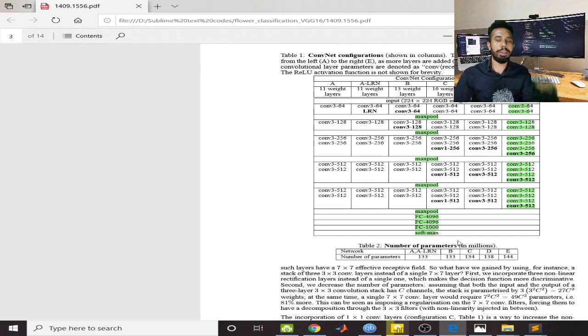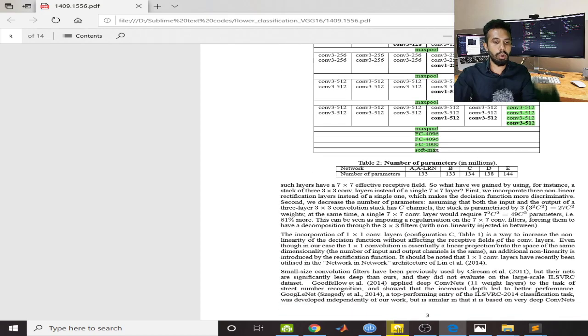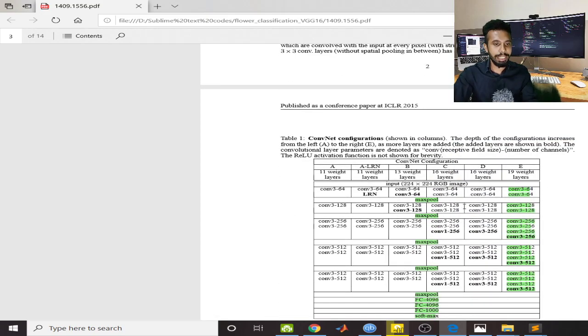And then they have used fully connected layers, that is dense layers of 4096, and again a similar fully connected layer. And in the final, for 1000 classes of images, they have used 1000 neurons. So these are the main skeletal elements of